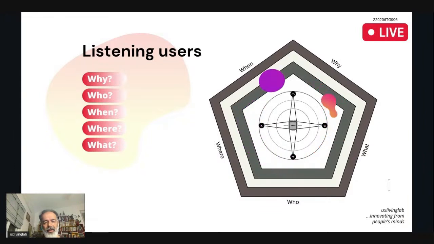As a UI designer, why I should listen to users, whom to listen to, when I should listen, and where and what. So this is a very simple model I am following. It's called 5Ws. The model is called 5Ws. So very easily we can analyze or we can interpret the context.